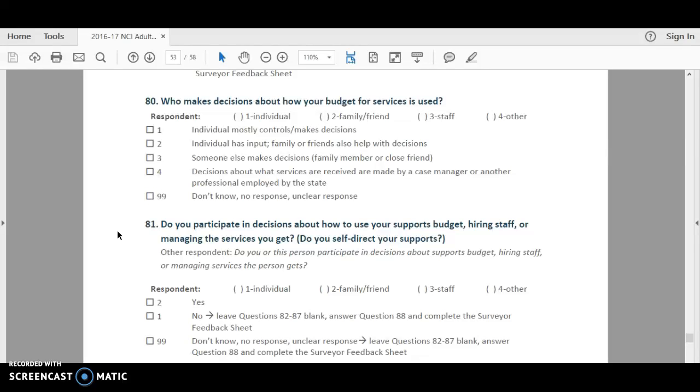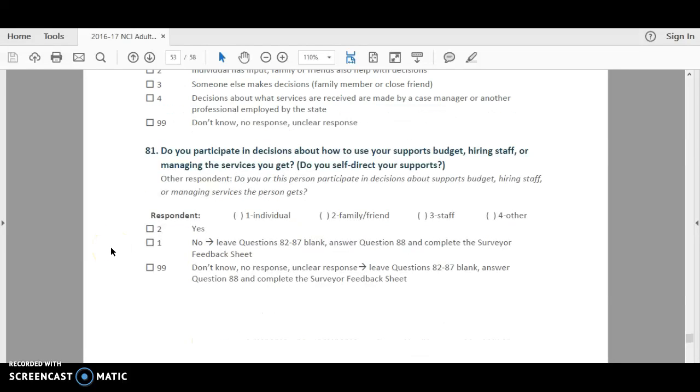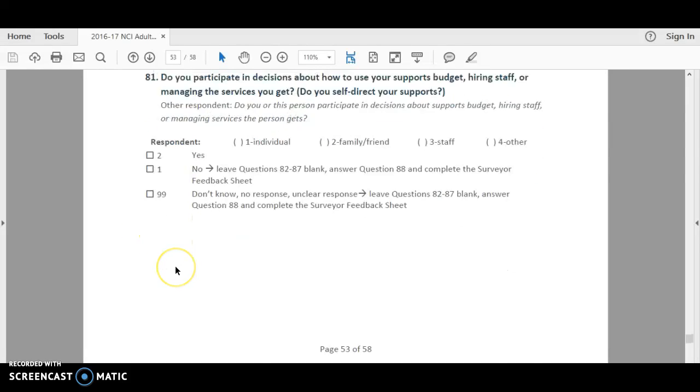So if somebody other than the individual who's answering, so the individual or proxy respondent, takes part in decision making, again, you would jump to the end of the survey, thank the person for their time, and you'd be done. If the person responding does take part in the self-directed supports decisions, you would go ahead and ask these few questions,